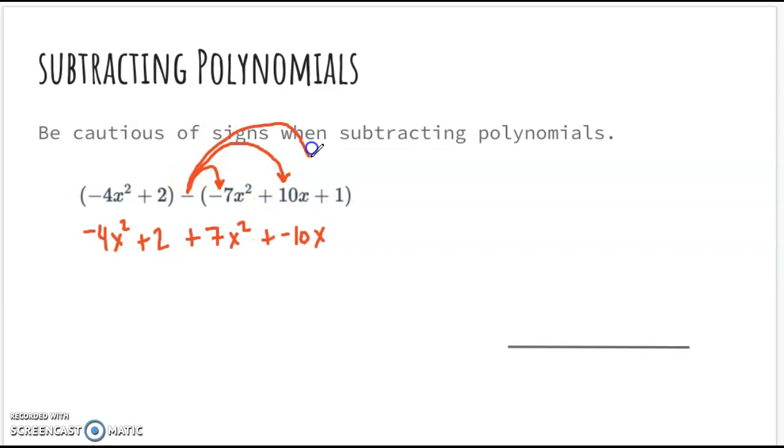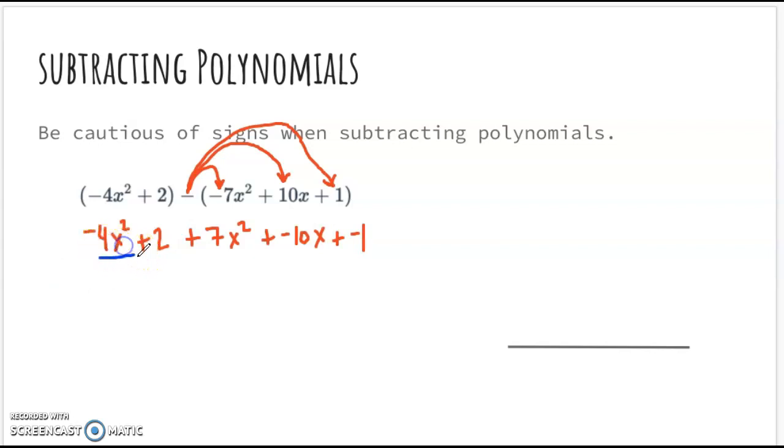And then I'm minusing that constant of 1, so I end up with that negative 1. Okay, so it's like you're distributing that negative through, right? You're basically distributing that negative through. Okay, so then at this point, you can go ahead through and you can look for those like terms to